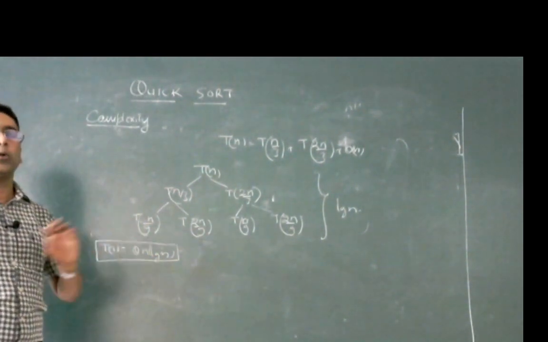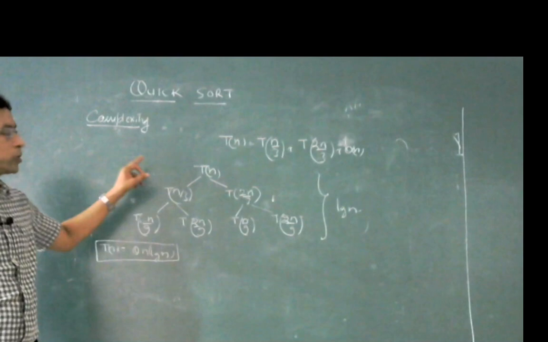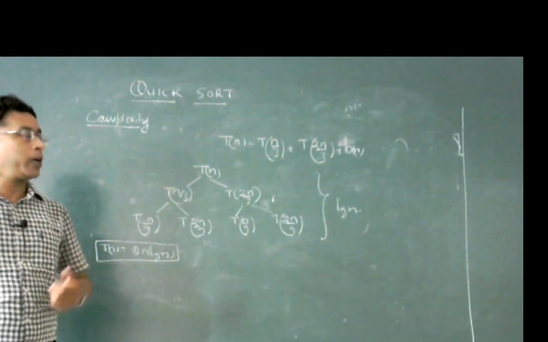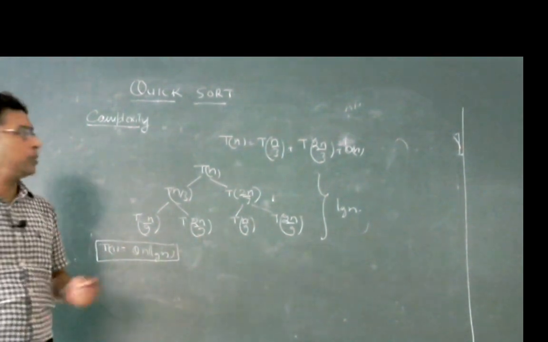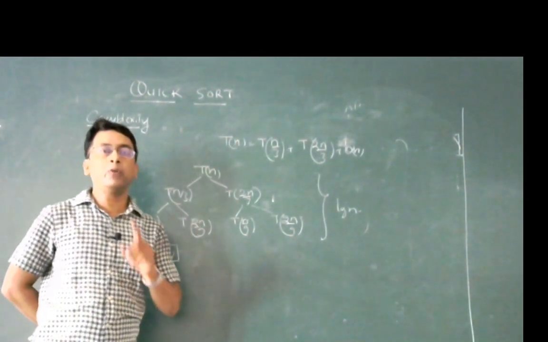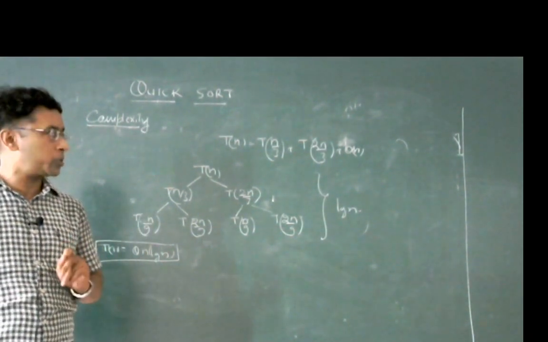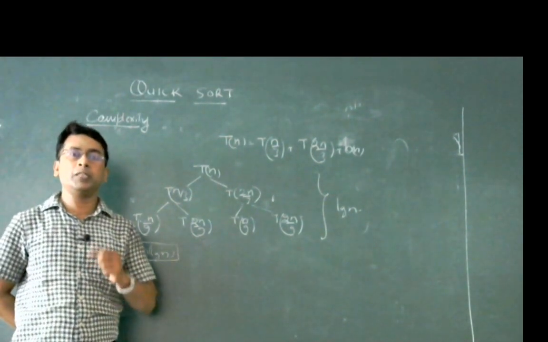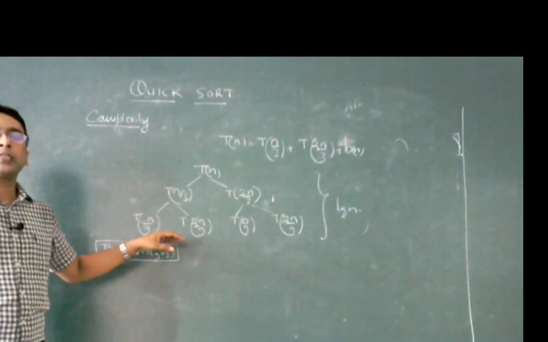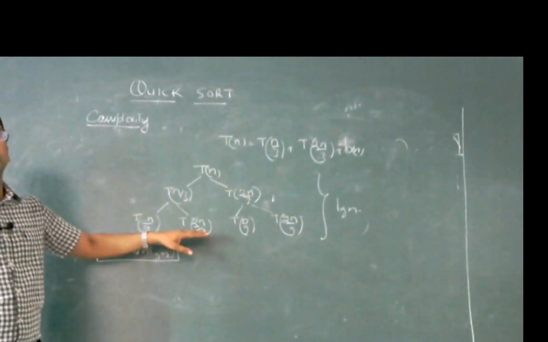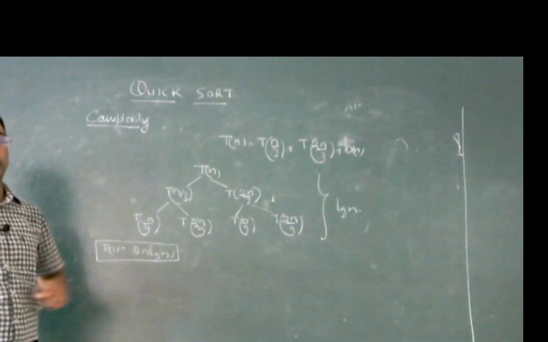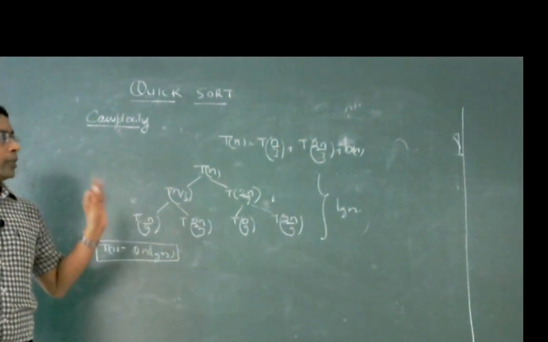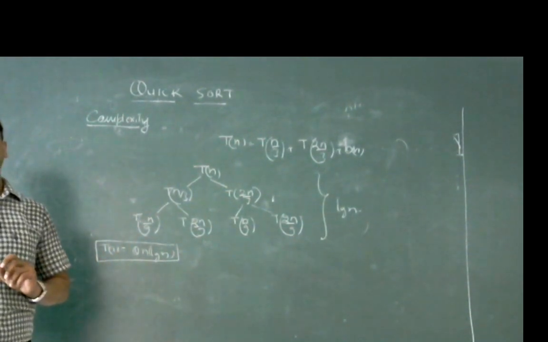So in the worst case, its complexity is theta n square, and it is worse than insertion sort. In other words, when the array is already sorted, the performance of quicksort is poorer than insertion sort, because in insertion sort, in the best case, when the array is already sorted, the complexity is theta n, while for an already sorted array the quicksort performance is theta n square. It is a divide and conquer approach, and with a little bit of practice, you can easily understand this. Hope so. Thank you.